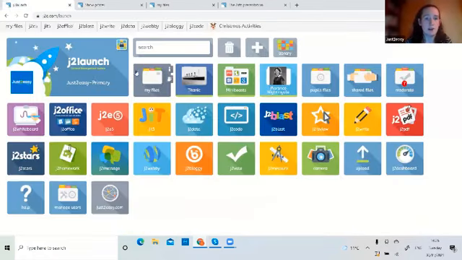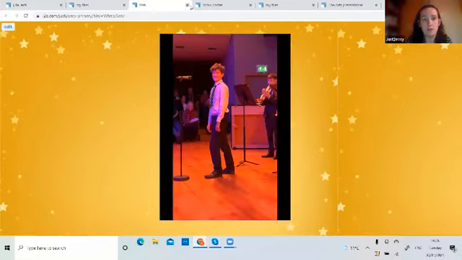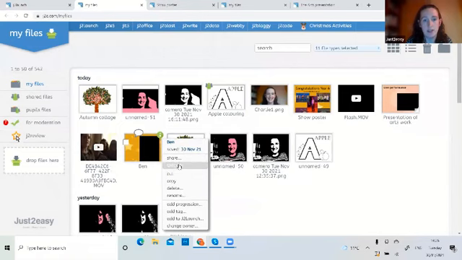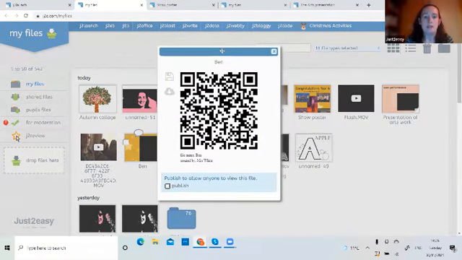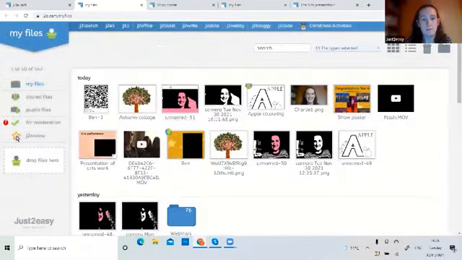So I'm going to find that video in my files. Now this is just another J2E5 file with that video loaded up. If I hover over it, I'm going to click on the little green eye that appears and click QR code. Now, again, being sensitive to the permissions that child has, if I want anybody to be able to view this, I'd need to click publish. As long as that was okay, that would allow anybody who scans this QR code to be taken to that video. When I've done that, I'm going to save it.